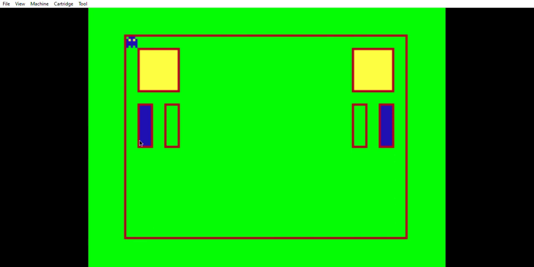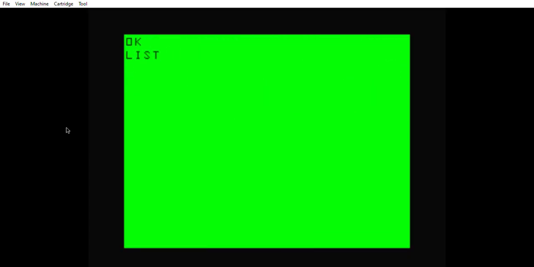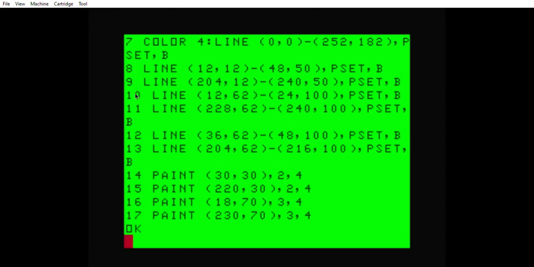I don't have any notes. I'm just doing this off the cuff, so you got to forgive me here. It's a little hard to remember all this, because I'm just remembering what these stand for. We have the left and right box, we have the left and right outer rectangles, and the left and right inner rectangles, and then we're done. So this is the left inner rectangle. So we're going to paint